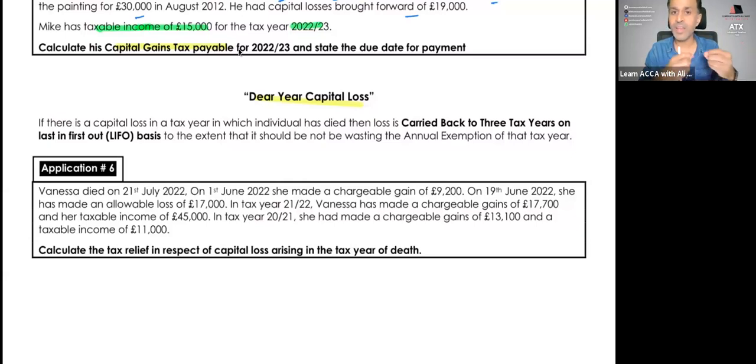It means when you cannot carry it forward, then you have the chance of carrying it back. Definitely, yes. So death year capital loss is rather carried back to last 3 tax years on a last in first out basis. And using the same technique to the extent that it should not be wasting the annual exemption. And you know this, not wasting the annual exemption by now. So death year capital loss